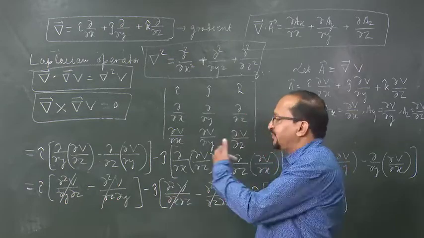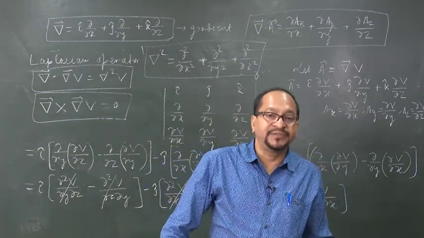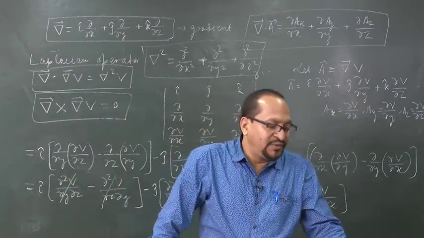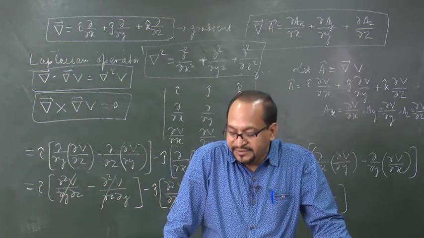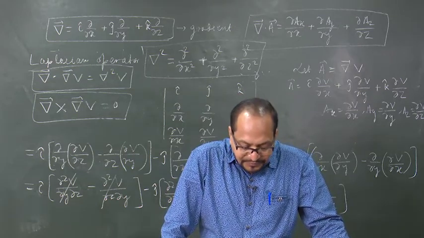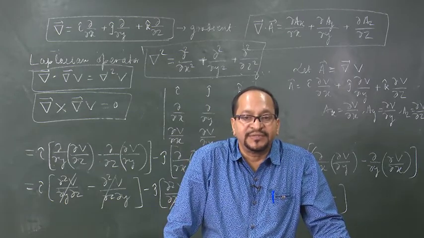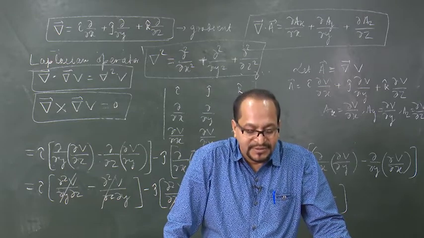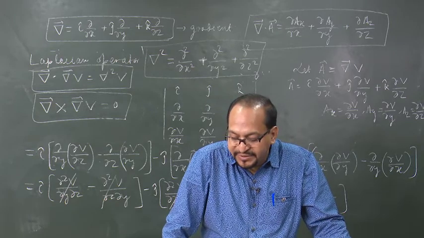Now, these are all mathematics. Let us come to some physical interpretation. Why do we use these mathematical tools and what is their physical significance? What is the relevance in physics? Gradient we have already discussed, its physical significance is the rate of change in the direction of maximum rate of change. Now, what do you mean by divergence? What is the physical significance of divergence?